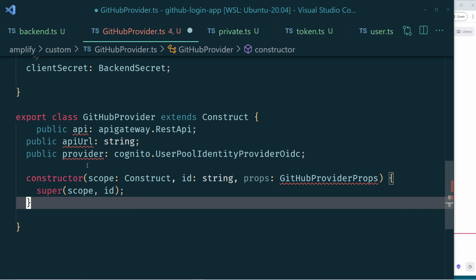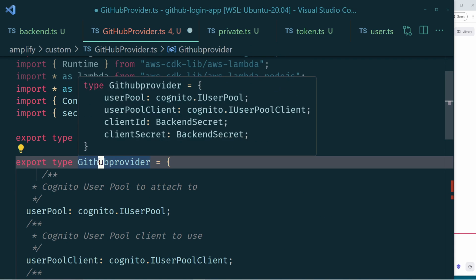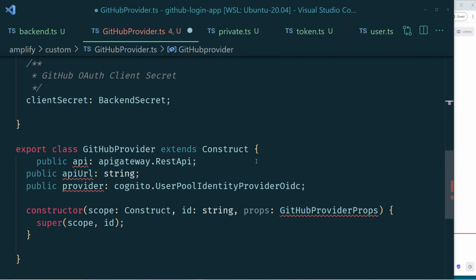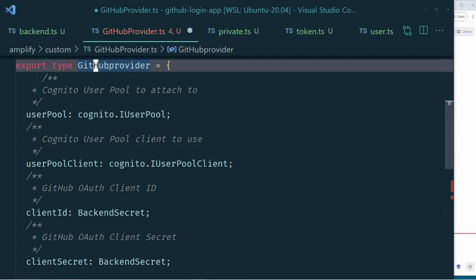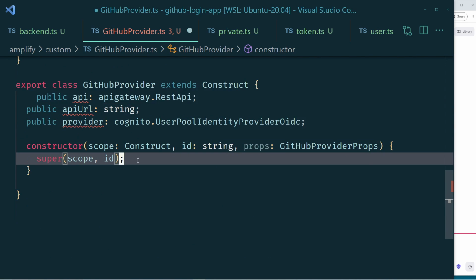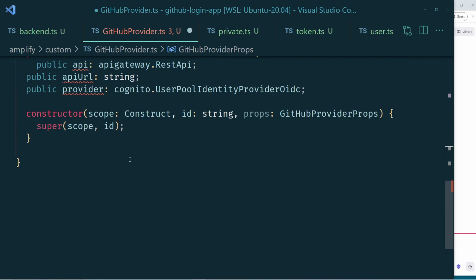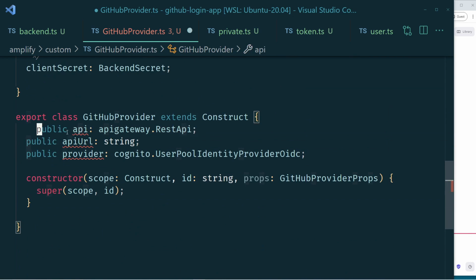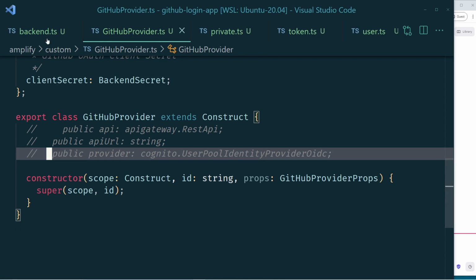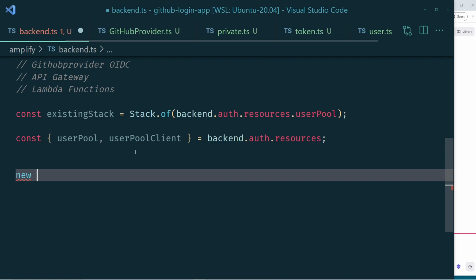So right here, this is taking in the GitHub provider props, which I misspelt. There it is, capital H. And this should be provider props. And this will essentially create our new stack for us. And so we'll need to pass in all these values, and we'll need these to create everything we need to create. So I'm going to do this. I'm going to comment this out,